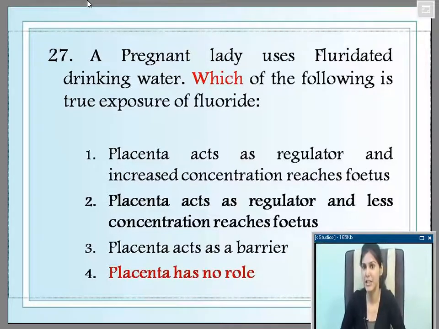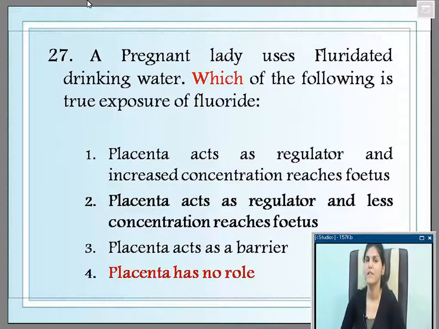However, you must understand that initially what was thought was that the placenta acts as a barrier in two ways, active and passive. What do you mean by passive barrier of placenta is that whenever a pregnant lady is drinking water with optimally fluoridated 1 ppm of fluoride available, the placenta passively allows only 1 ppm to pass through to the fetus. Whenever the fluoride in water is more, let's say 2 ppm, the placenta still allows only 1 ppm to pass through. What do you mean by active barrier is that whenever the fluoride level